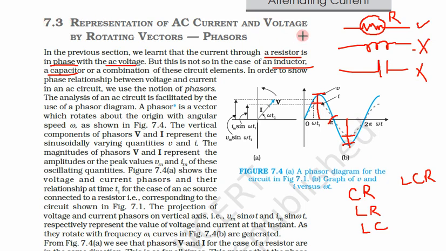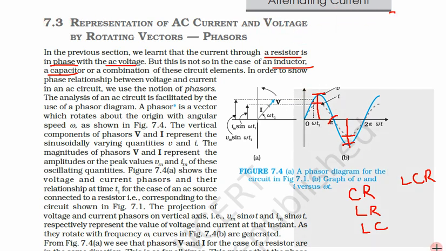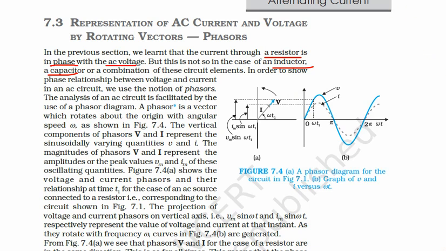There is some difference between current and voltage, some angle or some phase. So what is phase? Let us understand phase once again. This is voltage, suppose current starts here. This extra time taken, this angle phi, is the phase. We have already learned what phase is. So phase is there for capacitor and inductor.